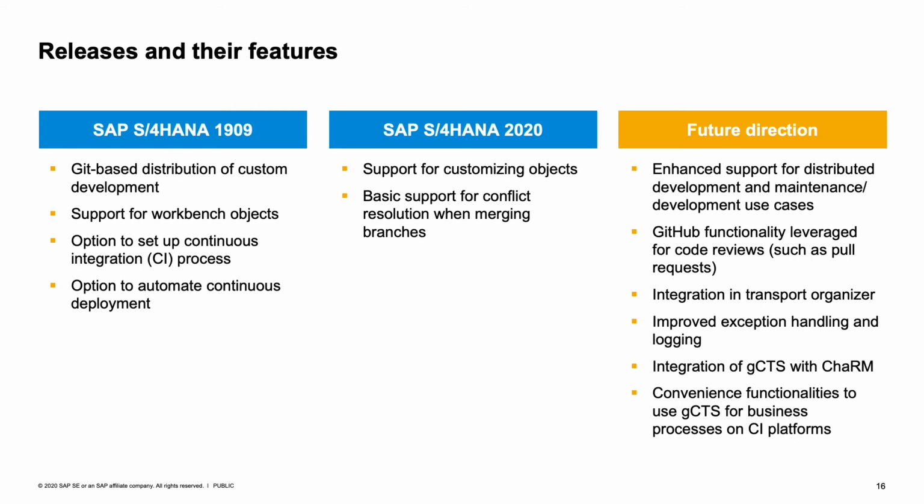something went wrong. Another thing that we plan for the future is the integration of the Git-enabled CTS in the change and request management, ChaRM, of SAP Solution Manager. This is ongoing development. It will not need any S/4HANA future version higher than S/4HANA 2020, but it will require a special service pack of SAP Solution Manager. So before you have the ChaRM integration, you would need to upgrade your SAP Solution Manager. And you will also get some information soon on which SP is required before you can use that.